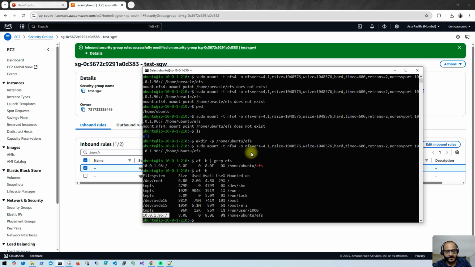So you have to keep in mind, you have to open an NFS port on the security group, and you have to install the NFS client packages as well. So I hope it's clear. In case you have any doubt,